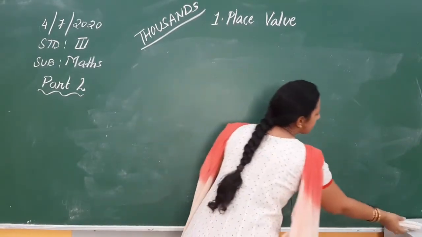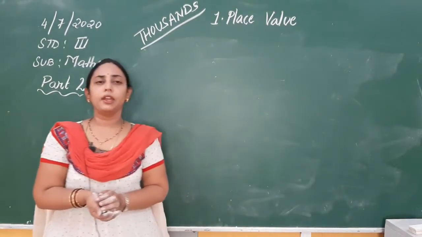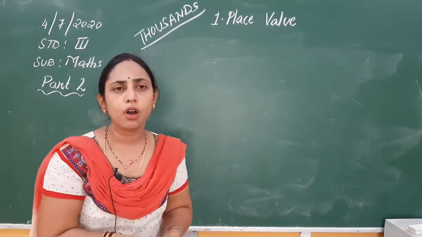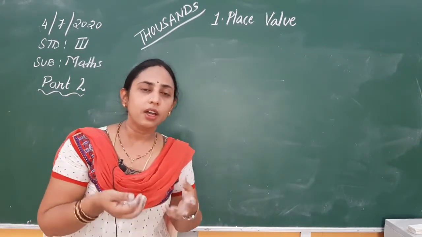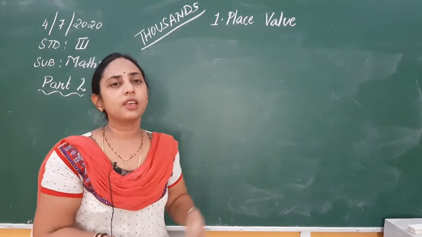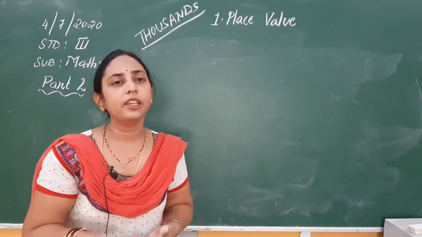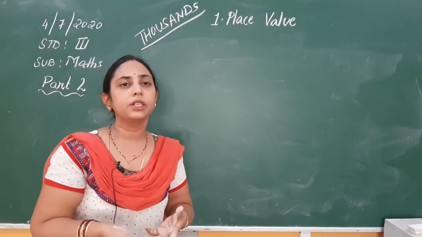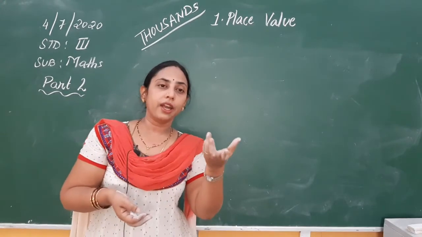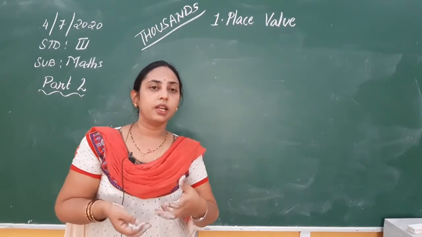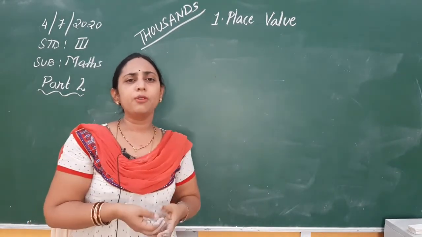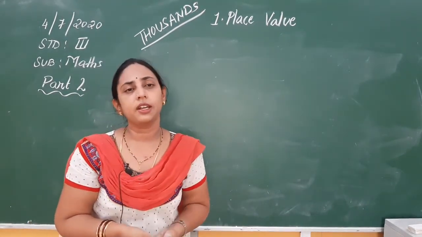Now in our next class we will go with comparing 2 different numbers, which number is greater, which number is smaller. So all this we will discuss in our next class. Do some work, take some more examples and try to solve, write them in words, write them in numbers, and read the different numbers wherever you can find them in thousands. Generally like some height of the mountain, height of the tree. You can find many things like that where it is represented in thousands.